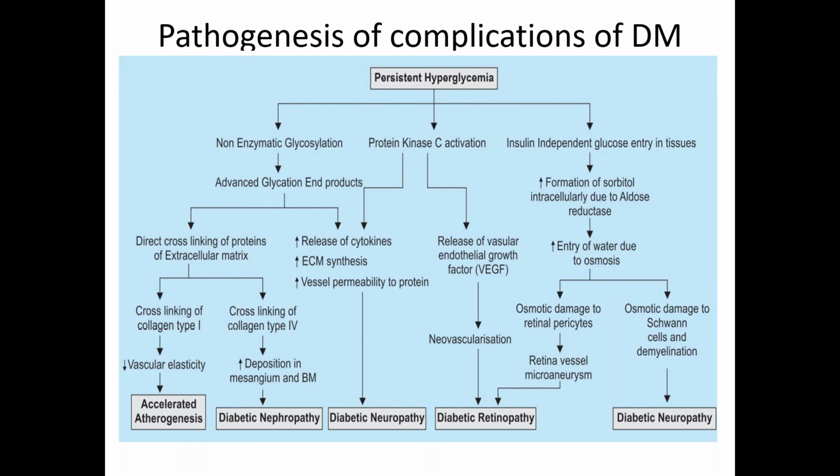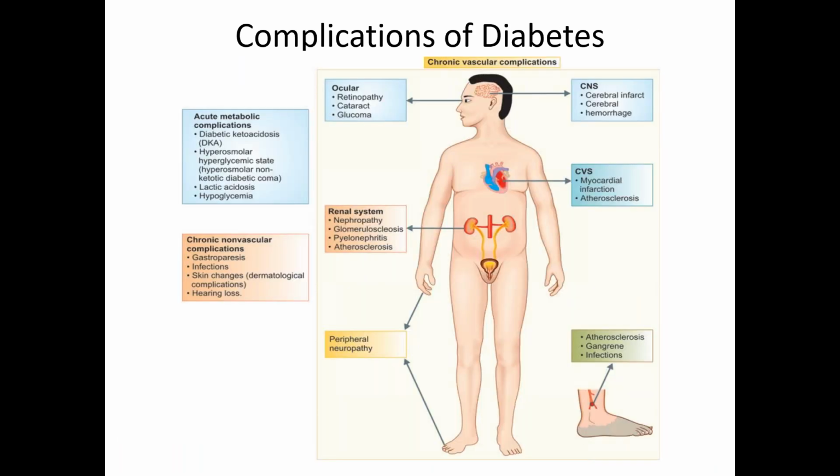It will produce a premature cataract. In the Schwann cells, this kind of polyol mechanism, sorbitol accumulation leading to osmotic changes, will lead to Schwann cell injury, causing demyelination, and that is the basis for diabetic neuropathy. So these are the various complications